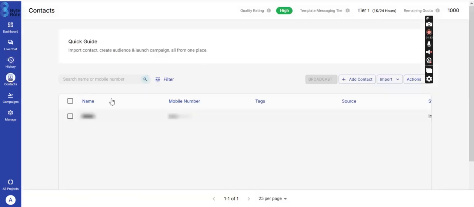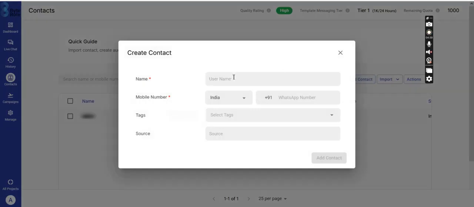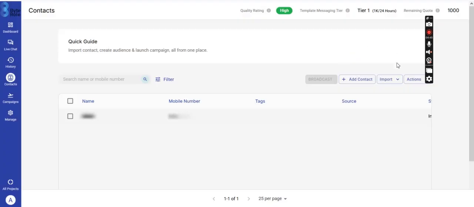Okay, these are the contacts. Here you can create your contact. You click on add contact. Here you enter the name and mobile number. If you have the tag option, you can even create the tag. You can even import contacts. Import contact means you generate a CSV file with the name, mobile number, country, city, email, whatever you want to mention, and even the tag you can define. If you import this, all the imported contacts